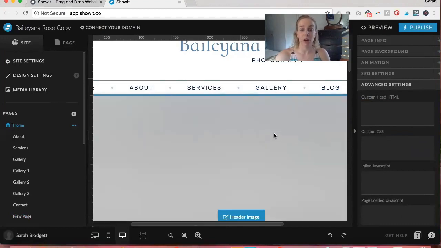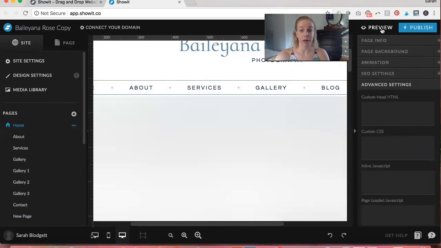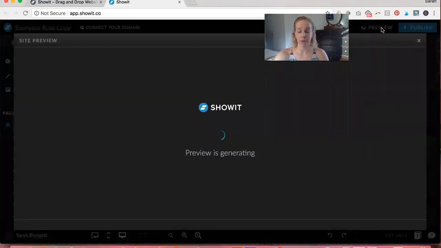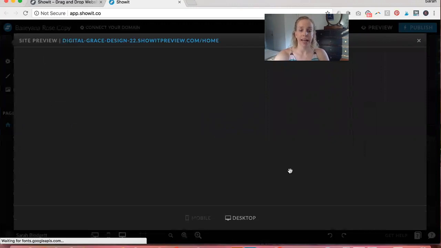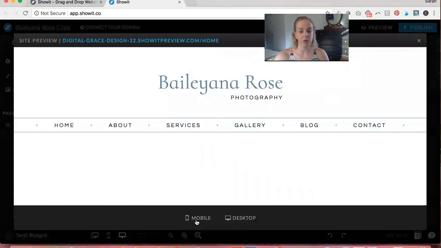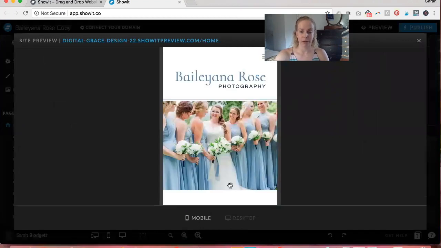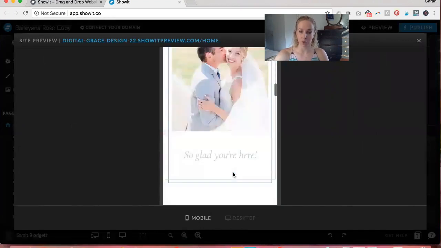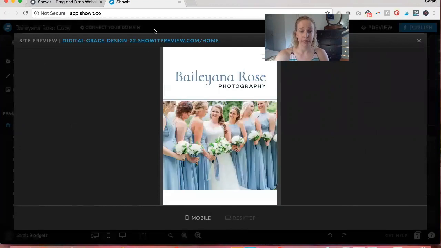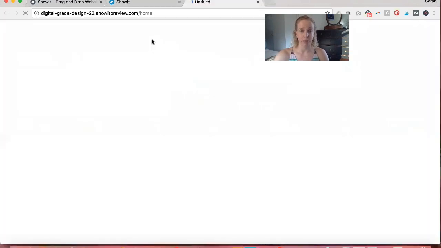Lastly, as you are designing your site, you may want to preview what your site will look like. Pretty cool to be able to do that. You can hit preview on this top left-hand corner, and you can preview it either in desktop view or in mobile view. Give it one moment. That's what it'll look like in mobile, and you can see that too. If you want to view it on a full-size screen, just hit that Showit Preview there, and it will bring it up for you,